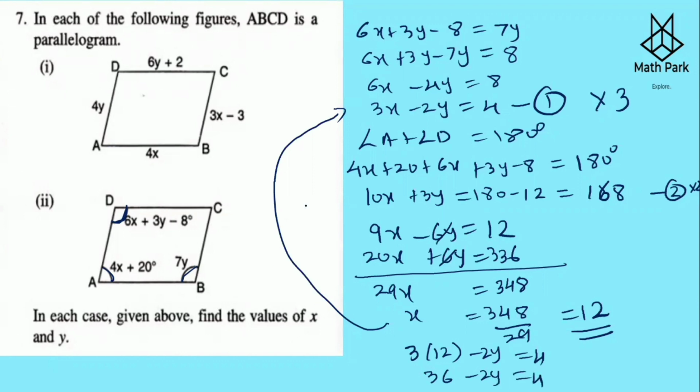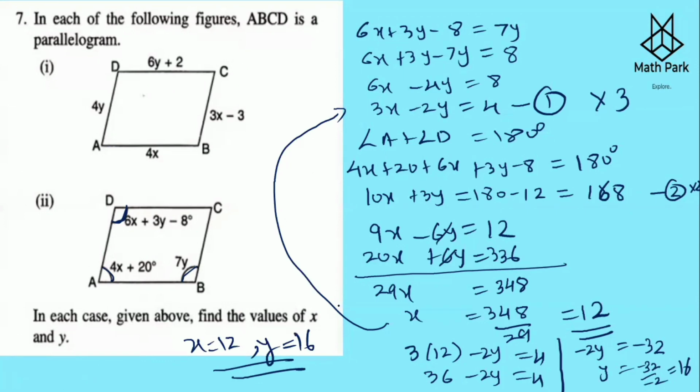Let us solve this. So we get minus 2y is equal to 4 minus 36, which is minus 32, and y is equal to minus 32 divided by minus 2, which is 16. So this is how we got x is equal to 12 and y is equal to 16 for the second